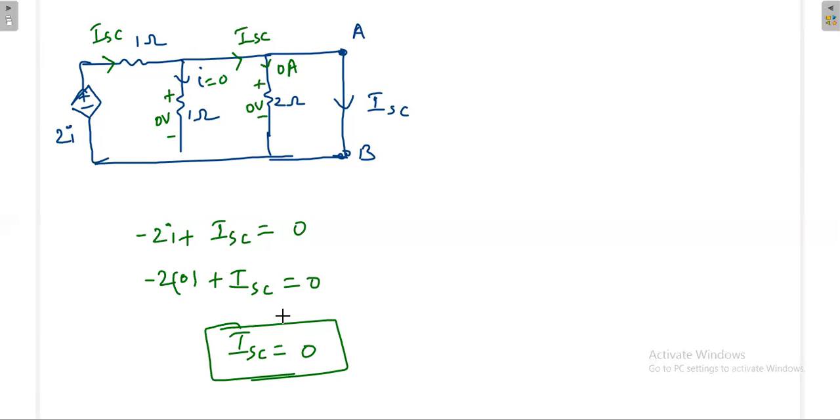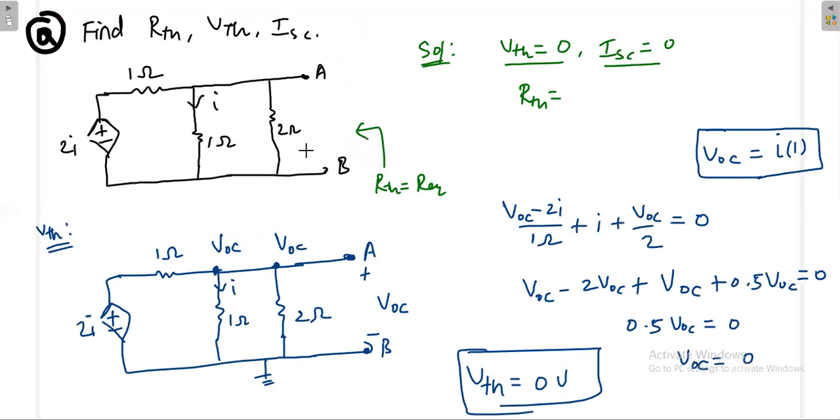Now our aim is to find only RThevenin. So again you can apply the test voltage, then you can finally find out what is the RThevenin, that is the procedure. So now I will apply the test voltage and find out RThevenin. Please be sure that whenever you are finding RThevenin, you have to include these dependent sources. You should not remove the dependent sources. Dependent sources should be there.